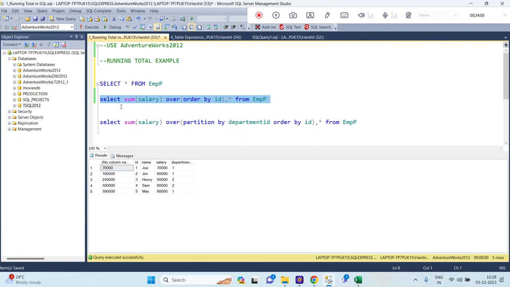If you see the first column, sum of salary. The way we use the row number, rank and dense rank functions, we can use these aggregate functions also, or lead and lag functions. So this is sum of salary over order by id. It will define this id column, order by 1 2 3 4 5 in ascending order only, because we have not specified descending